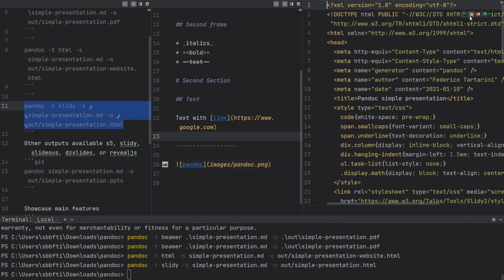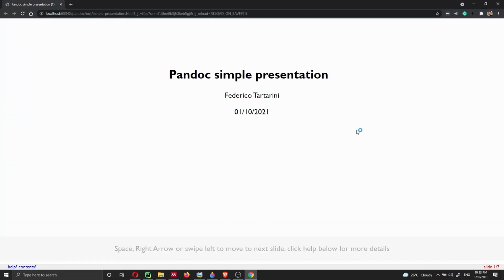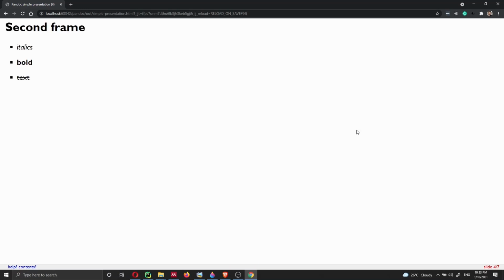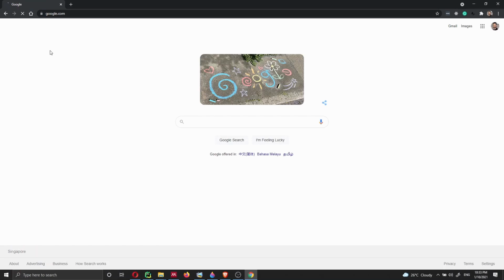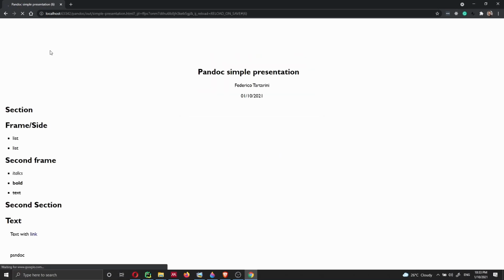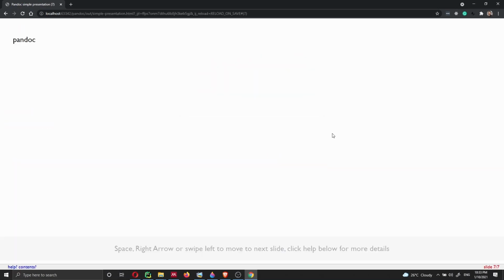If I click here on Google Chrome, we can actually see that we have a very nice presentation, and again, it took almost no time. So we can navigate in this presentation with the right arrow, and we have all the slides. As you can see, since we didn't add any CSS, it's going to look simple, but we have a slide counter here at the bottom. We have the section slide text, we have the link that we have added, so we can go to Google if you want to. So it's quite handy. I think for this little effort, we get a lot out from Pandoc, if we want to.